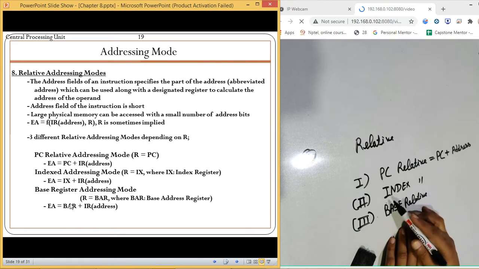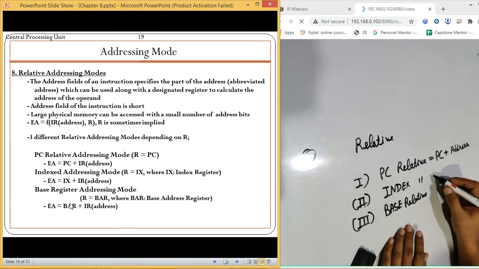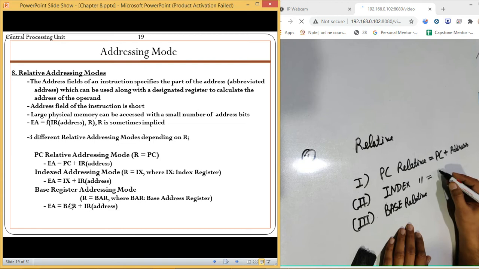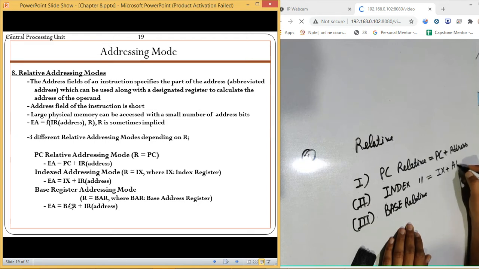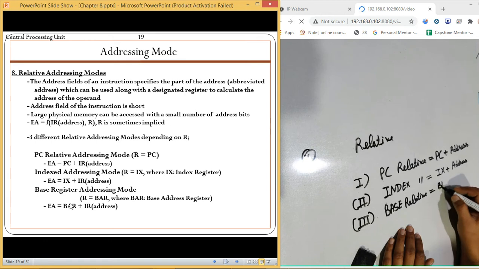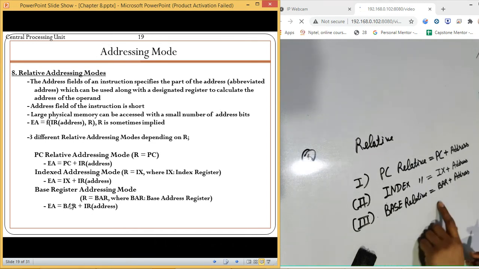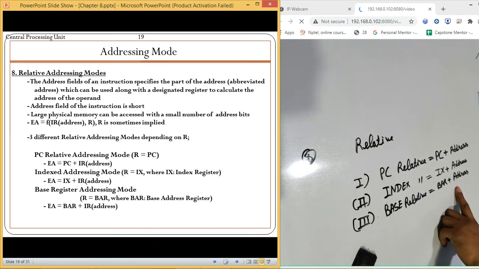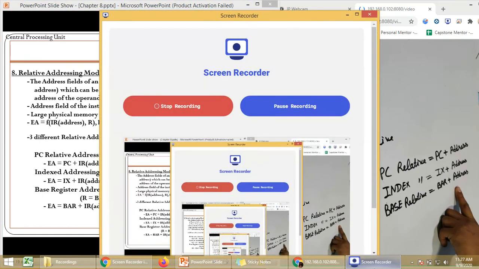Then if it is index register, the value which is given to you will be added with the index register, mentioned here as IX. So that is index register. After this we have base register. In this you will be given a base register value. That value will be added with the given address, and then it will become a base relative address. So this is how we are using it.